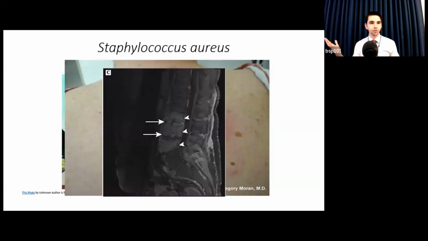This is imaging of vertebral osteomyelitis, where most patients will have pain, around 80 to 90%, but not everybody. And low back pain is a very common symptom in general. And so this might not come to your attention, or it might not come to the patient's attention during an evaluation for Staph aureus bacteremia. But an unidentified site of infection like vertebral osteomyelitis is a big risk factor for recurrence of Staph aureus bacteremia.